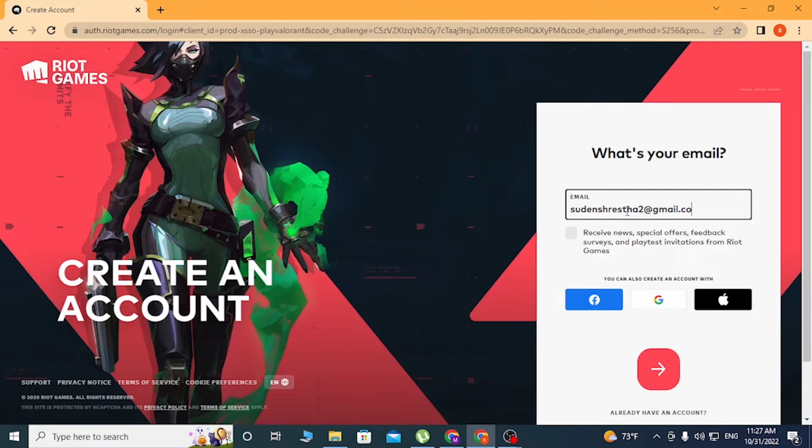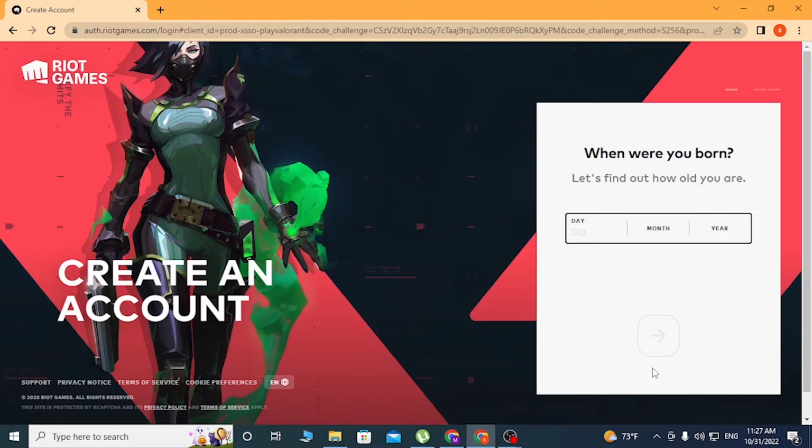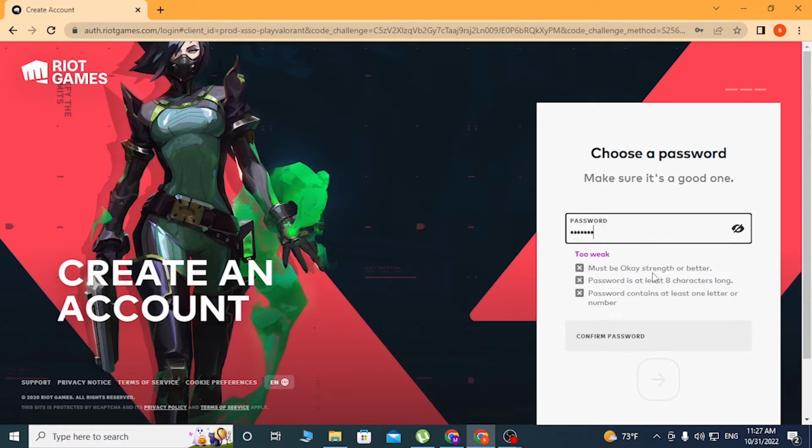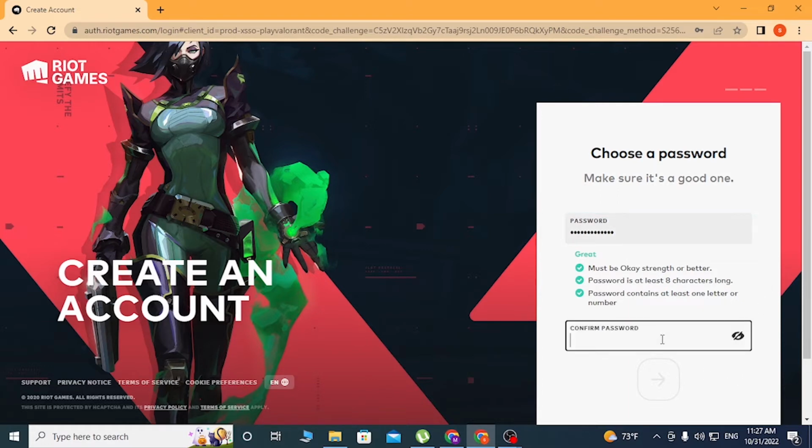Enter your email like this, and after that click on this arrow and let's enter the birth date. And after entering your birth date, click on this arrow, set your username like this, which will be your game name. Choose your password, put some capital letters, some small letters, and use some numbers guys to make it strong. And after that, confirm your password by entering it over here, click on this button to proceed forward